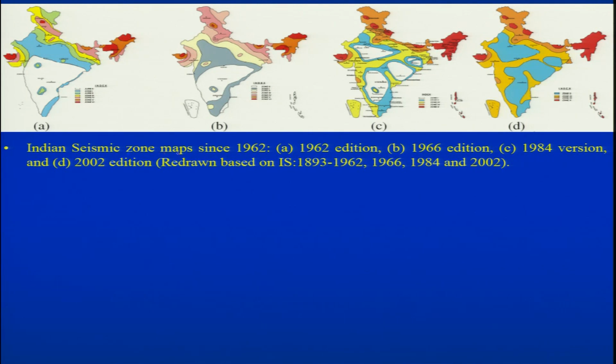This seismic zonation map has been taken into consideration for the development of building codes also, because this will tell us which area will experience more ground shaking as compared to another one,